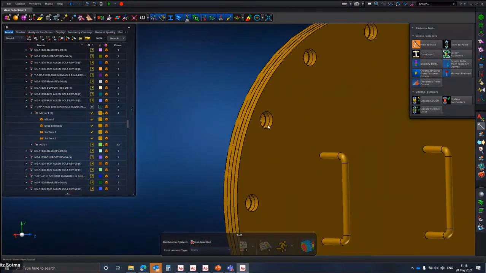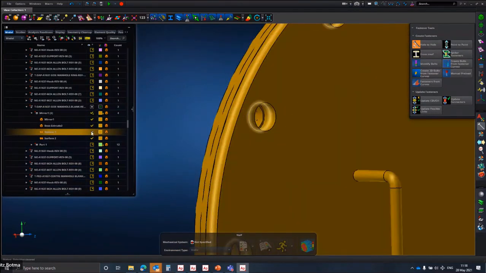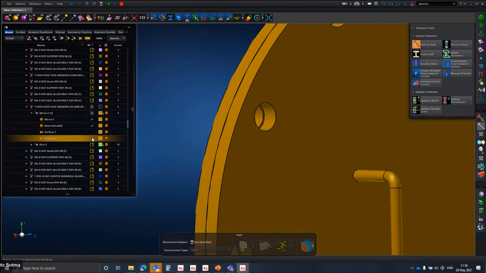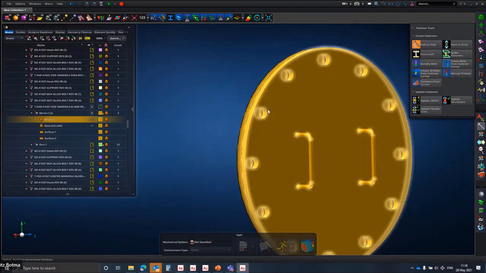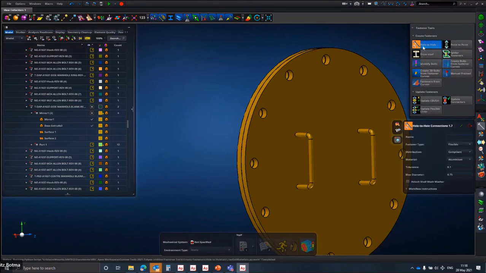So I've already removed the bolts because I'm going to represent this in quite a simple fashion by just using the different connectors. So the basic tool is this tool. You can use it with solids and shells, and you need to specify. First you just need to give it a name. So I'll just do